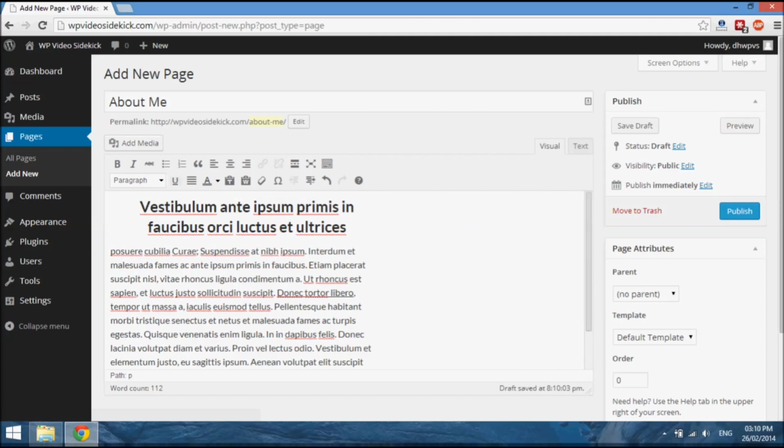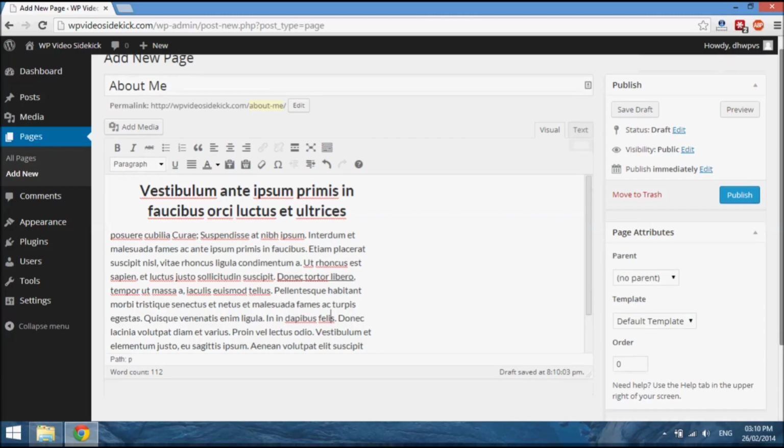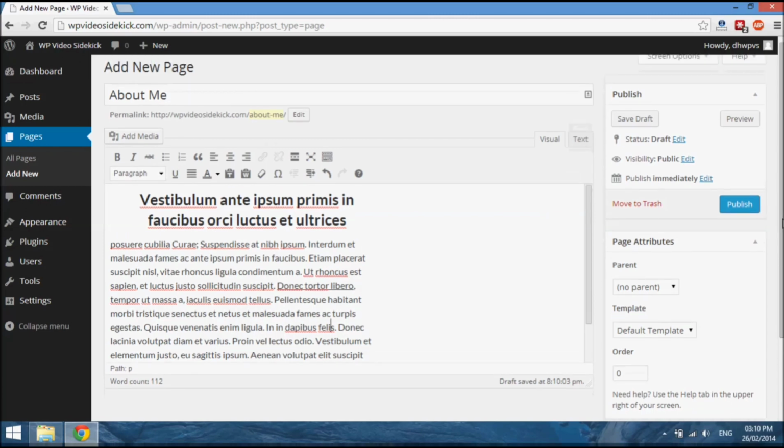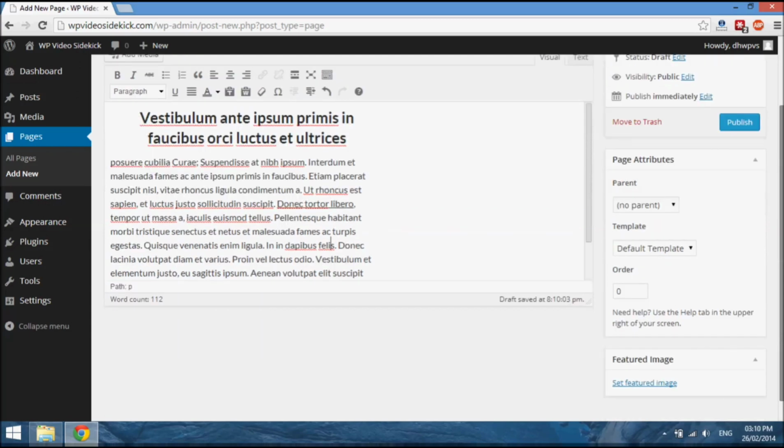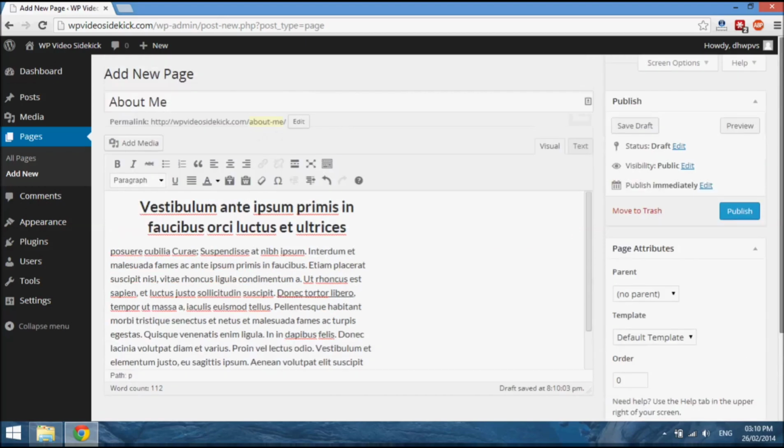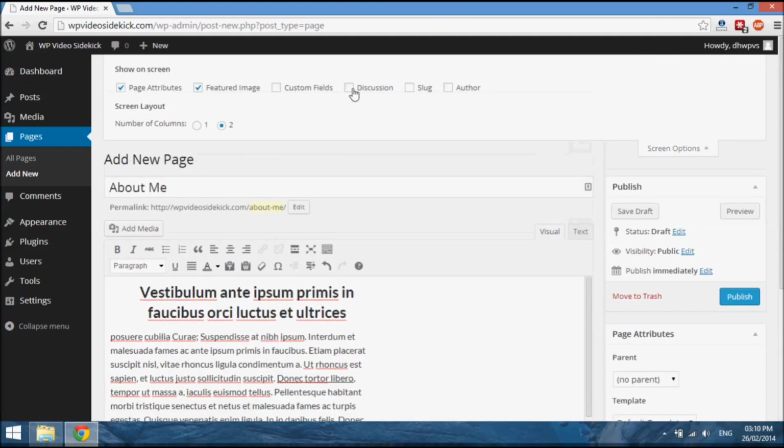So after we've completed our editing, we can just go ahead and publish. Now, just a slightly different set of options for a page, and you remember when we were creating posts we had categories over here on the right, but now instead we have page attributes. Now if we go back up here to our screen options, let me just select discussion, which controls our